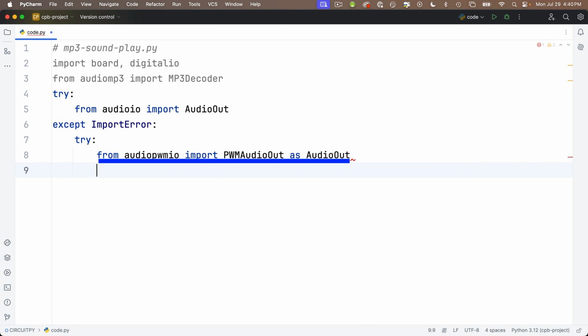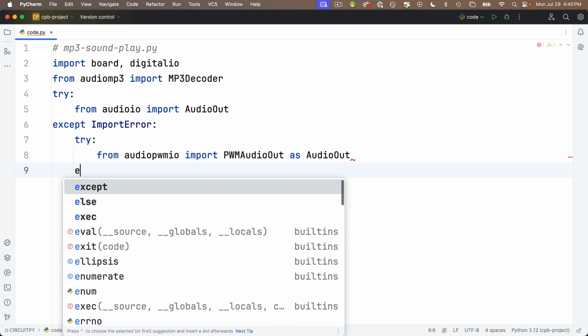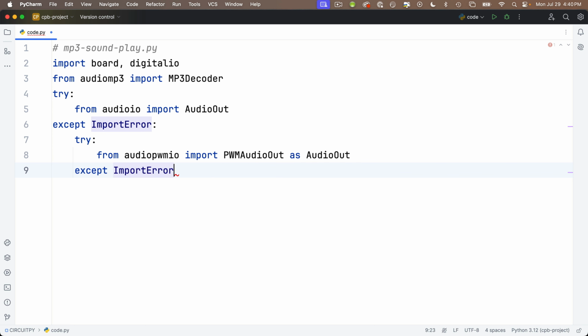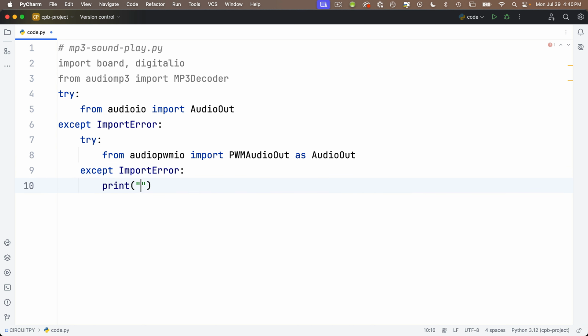Now again, if you know you're only going to run this code on a CircuitPlayground Bluefruit or a Raspberry Pi Pico type board, then you can just use this single line we just entered. You don't need all 7 of them, but all 7 lines makes our code most portable, so that's why I'm entering it all in. Then the next line is except ImportError: then indented print this board does not